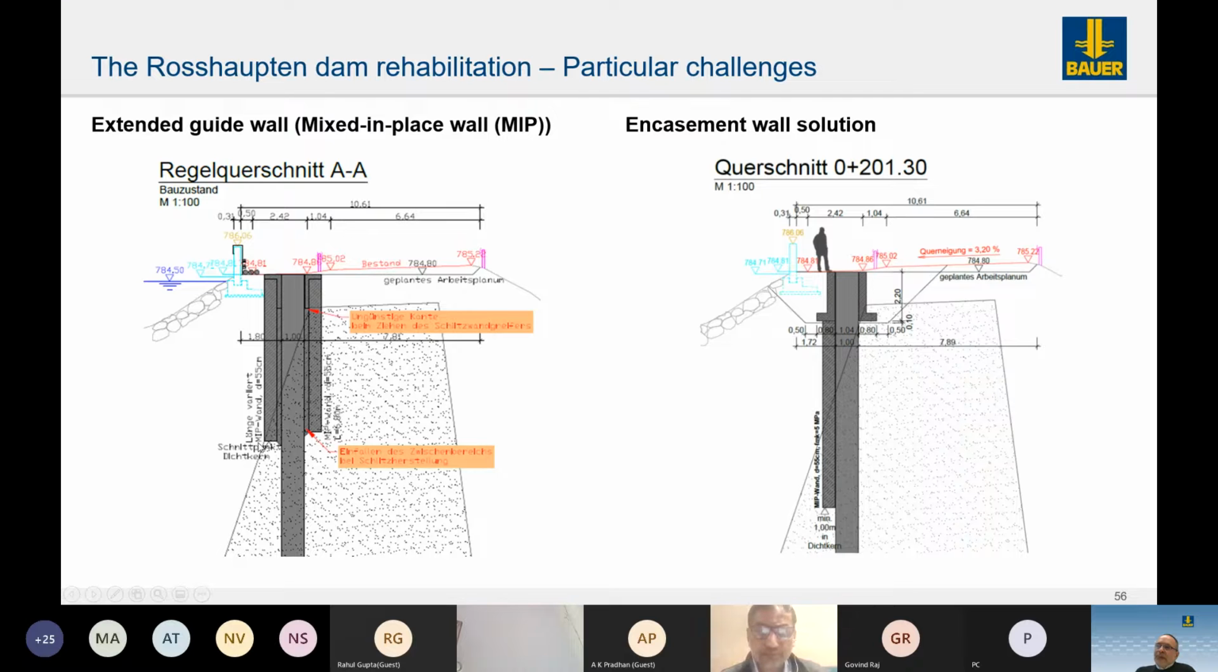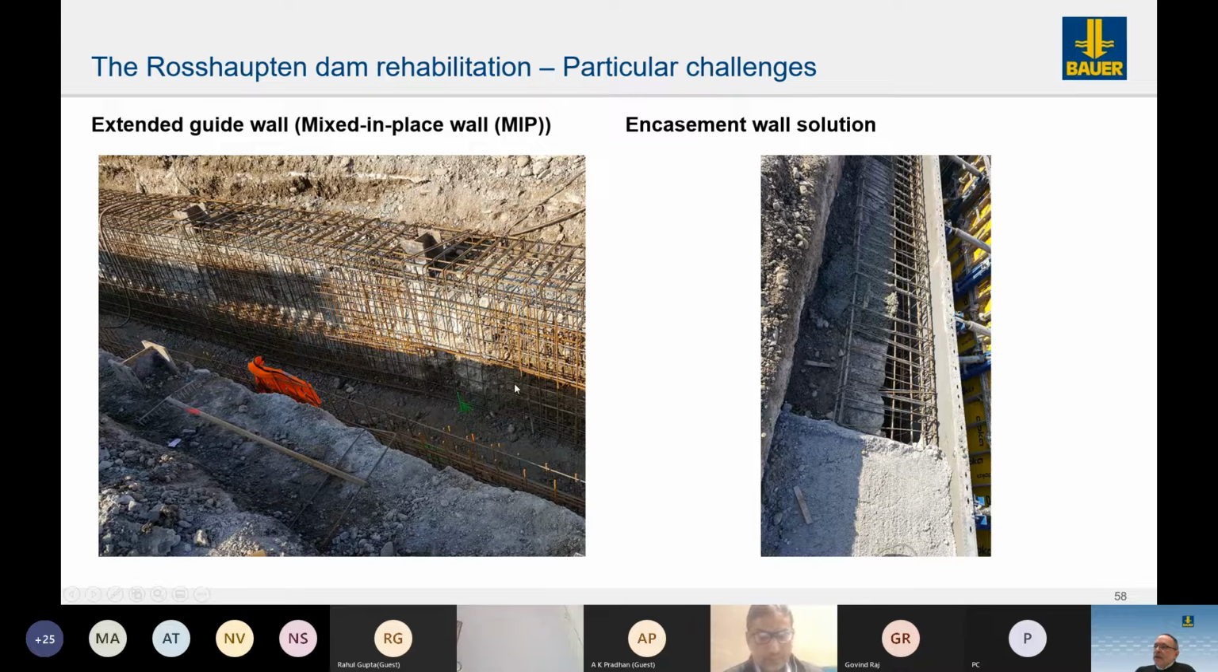So we installed mixed in place elements with this triple auger mixing. We installed mixed in place elements as a so-called encasement wall. On the upstream and downstream side of the future cut-off wall, we installed first the mixed in place wall. Then on top of the mixed in place wall, the guide wall. I can hardly see the mixed in place wall underneath. So this was an encasement wall just to make sure that the slurry will